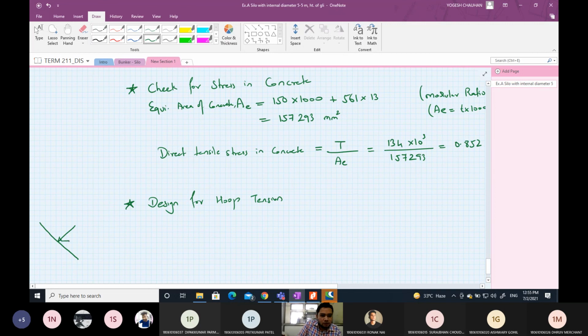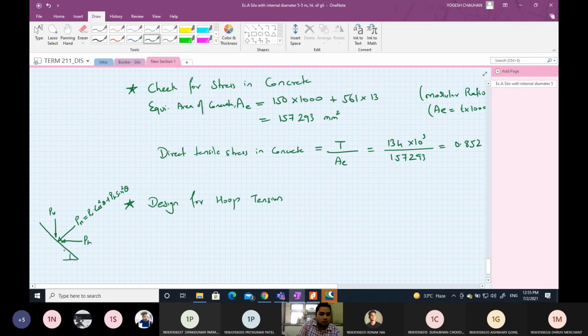See, if this is pH, the horizontal pressure, then we find the normal pressure Pn. The normal component of this will be, see, there is PV also, so it is PV cos square theta plus pH sin square theta,